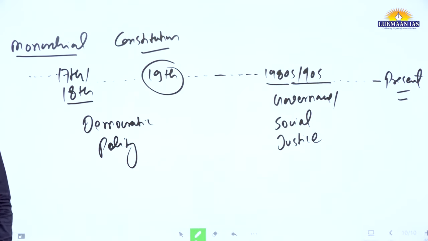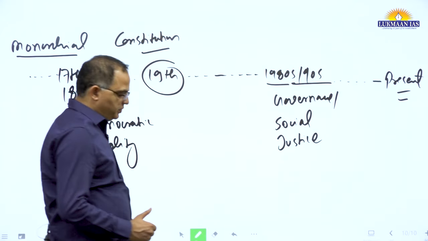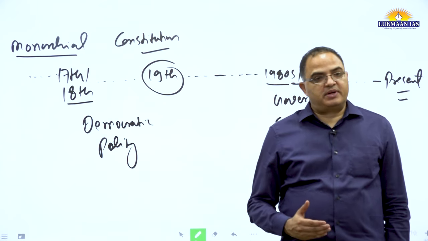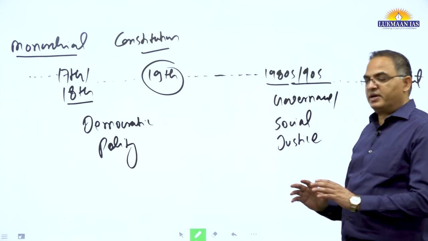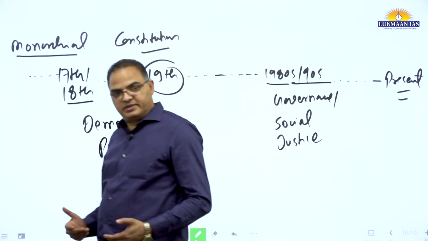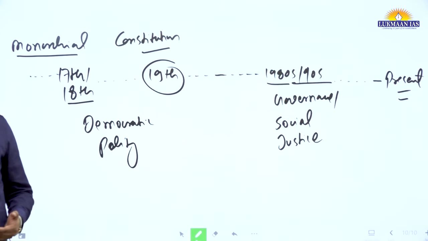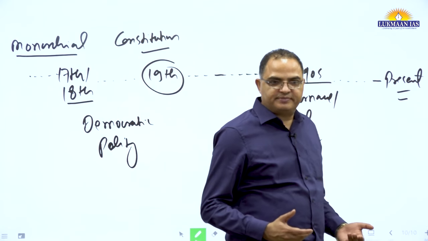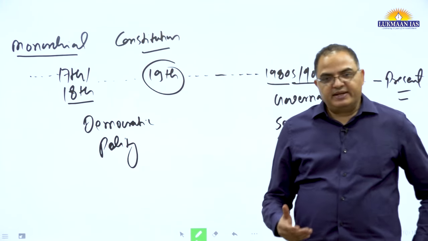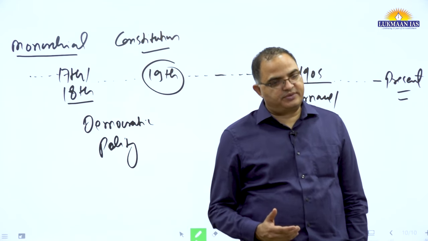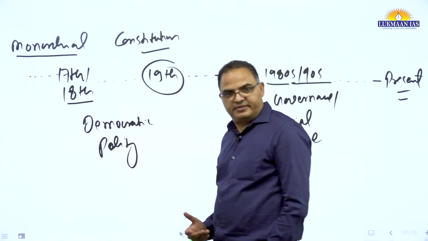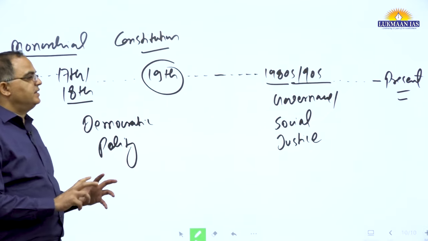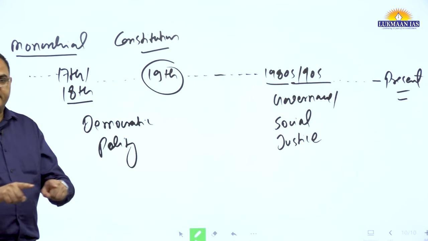So, when we adopted democratic polity, let's presume that now we adopted democratic polity, other countries also adopted democratic polity, although they adopted it quite before us. The first written constitution in the world was written by the US, and that came into effect in 1789. That is the 1789 first written constitution, and we had 1947. Anyhow, what we are saying is that democratic polity came with those characteristics.